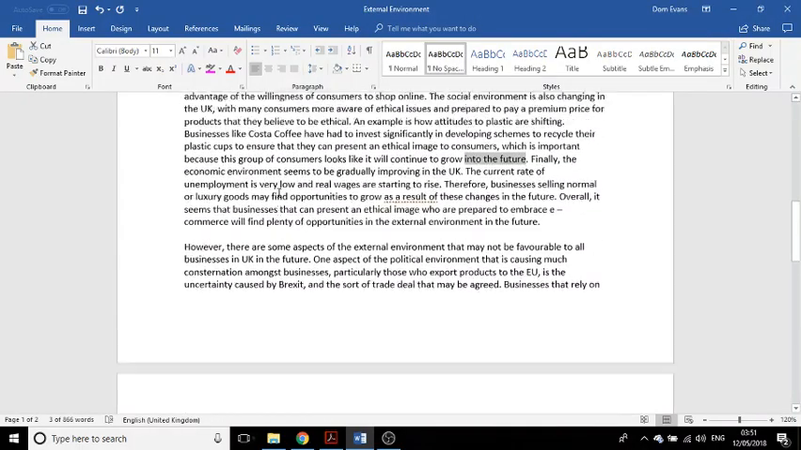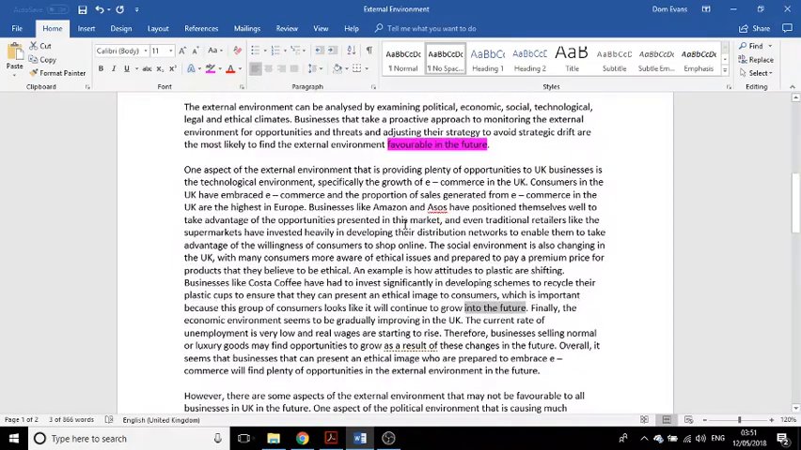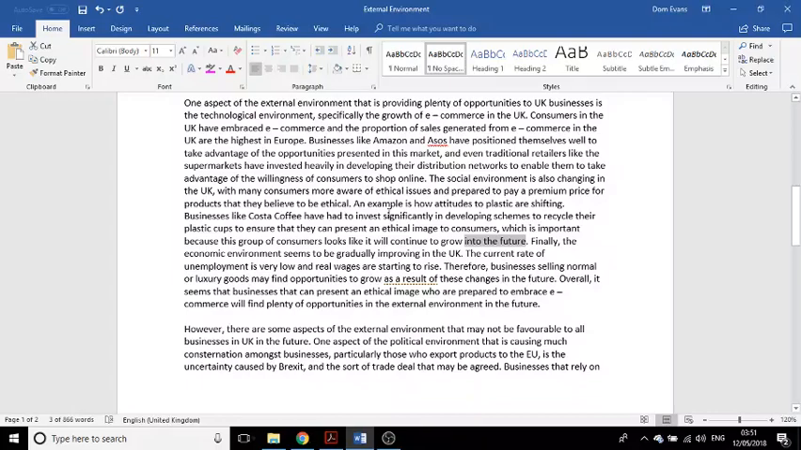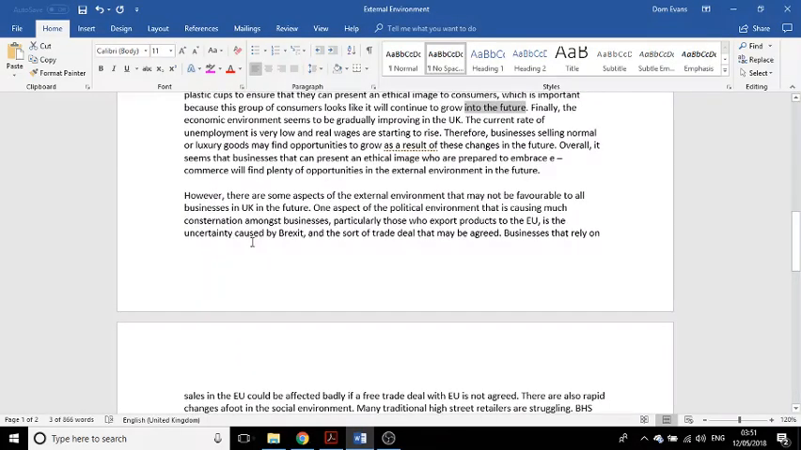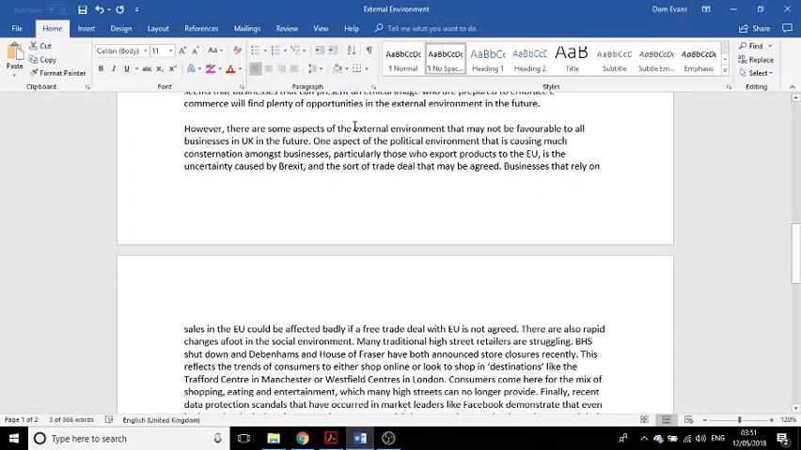However, this "however" here is a sign that I'm changing direction. I've got my introduction, then I've got paragraph 1, which is why the external environment may be beneficial. The "however" is an indication that I'm going to talk about why the external environment may not be beneficial. However, there are some aspects of the external environment that may not be favourable to all businesses in the